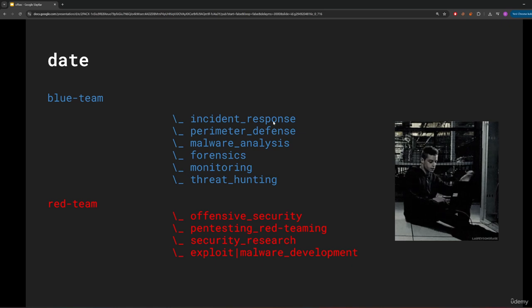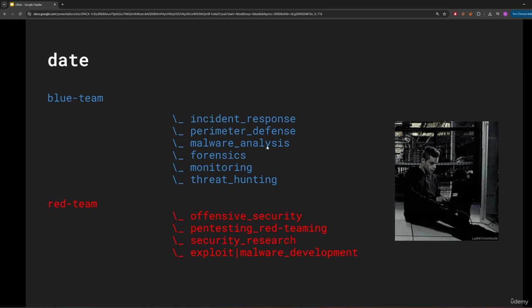So this response can be like blocking an IP or isolating a client and so on. Also, perimeter defense is not so important. You can also do some malware analysis. Malware analysis is a really connected issue with our mobile application penetration testing, because mobile malware is really similar to mobile applications, and if you can analyze mobile applications, you can also try to analyze some mobile malware